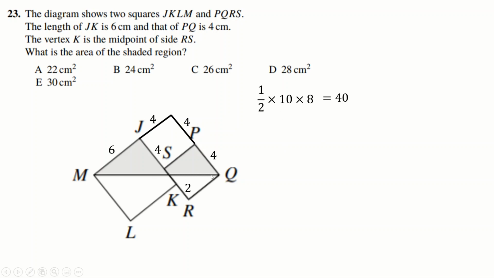But here, now I have the area of this entire kind of fake triangle. I can just take away what I made up. Now, of course, 4 times 4 is 16, so I just need to take away 16, and I get the shaded area as 24. Now, I think I just thought of that because I've seen problems a bit like this